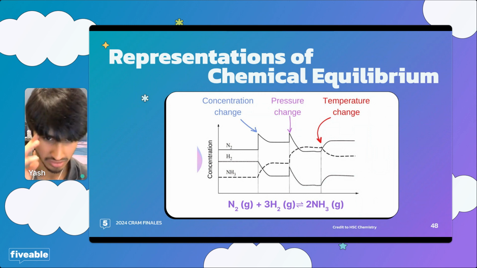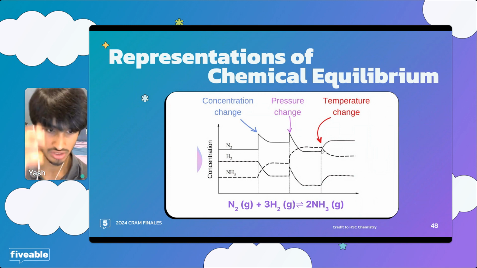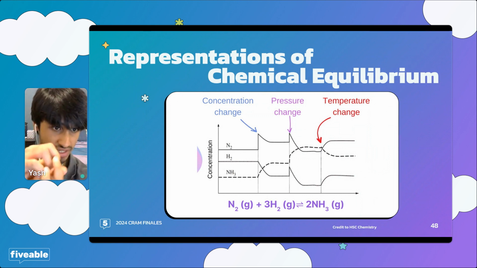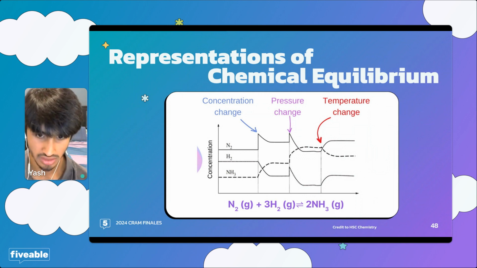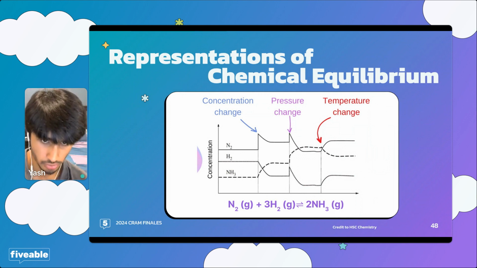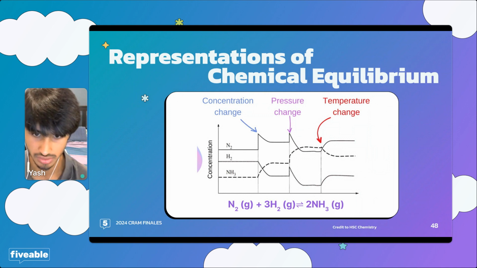All right, let me go back to where I was, pressure change, right? You increase the pressure by shrinking the volume, and so the pressure of everything has increased, so the reaction will shift to the side that has fewer moles of gas, therefore becoming smaller and better able to fit in that higher pressure, smaller volume container. And in this reaction, we can see that we have 4 moles of gas on the reactant side and 2 moles of gas on the product side. So we're going to see a shift towards products when we increase the pressure.